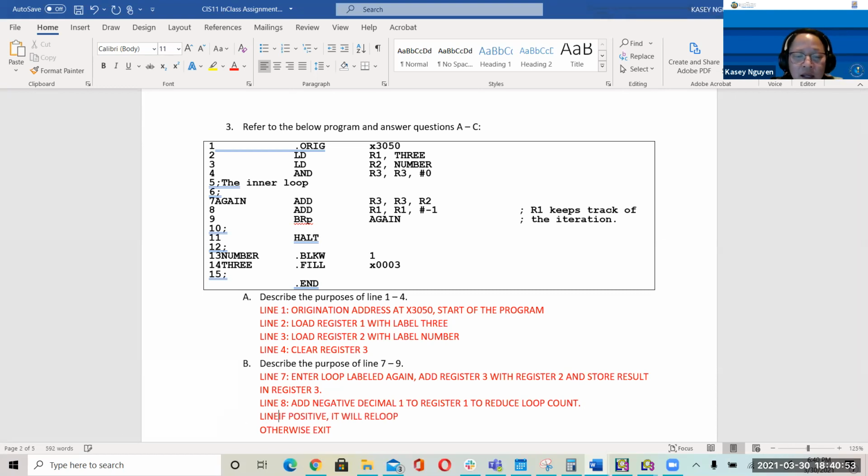Then on line 9, we branch if positive, it will reloop, return to the again label. Otherwise, it's going to exit or halt on line 10. Okay. I know it wasn't in the question, but